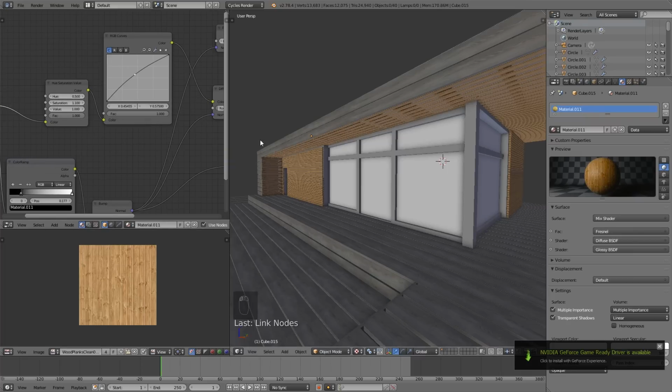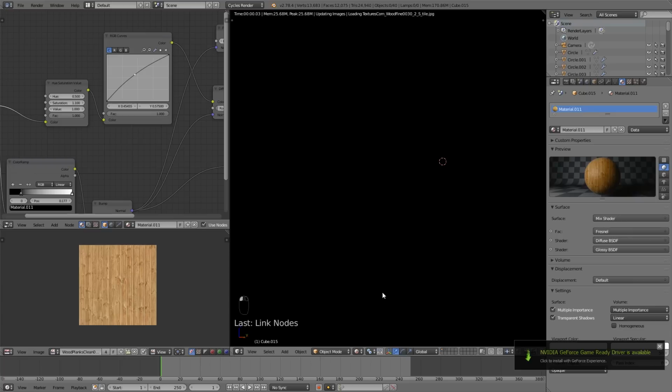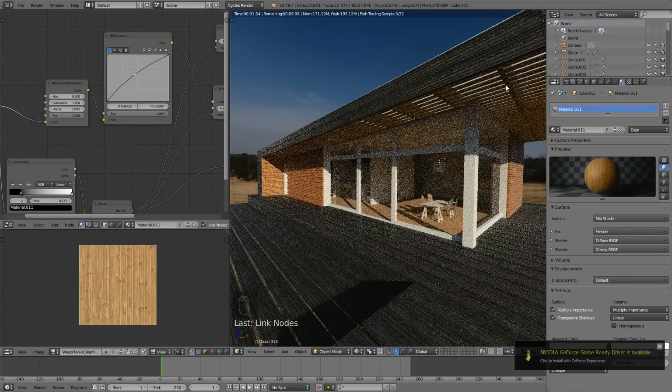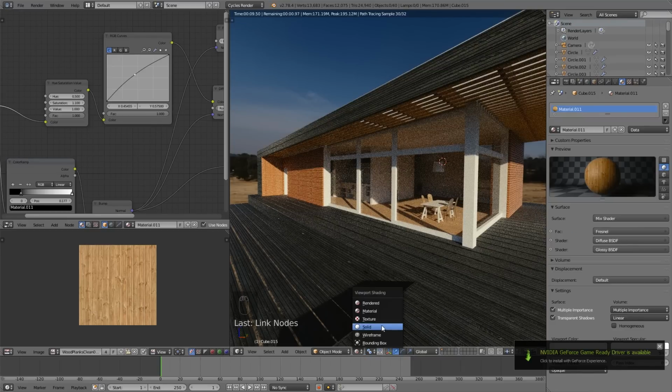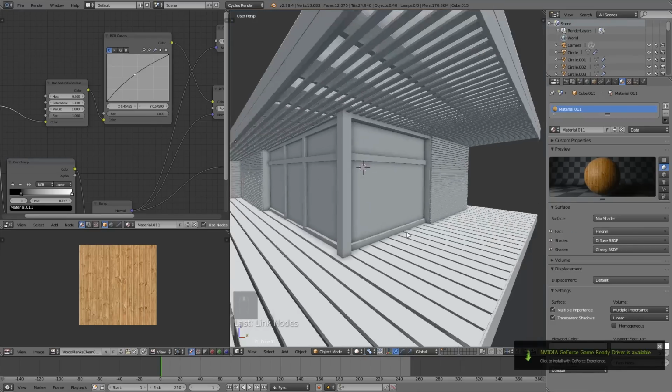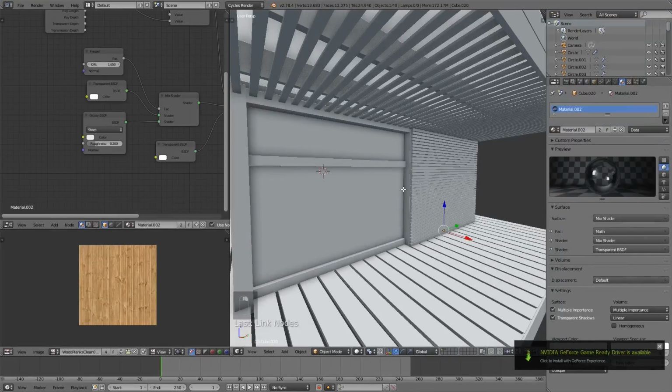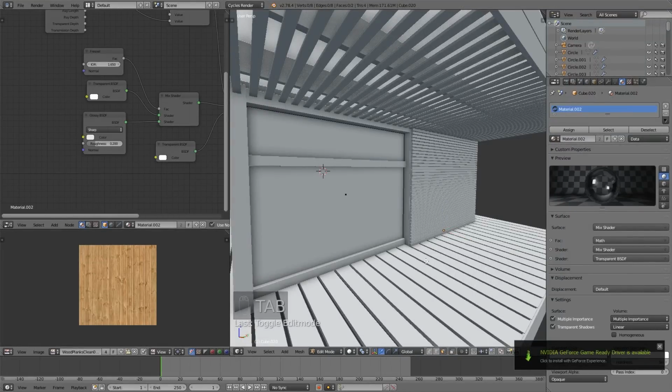Leave that at 5, but we'll leave it a little bit more saturated. Okay, so now you can see we have that. Looking pretty nice. You kind of have like an afternoon sun coming into our house right now, and it's looking pretty good. The last few things that need materials still is, first of all, on our walls here, let me